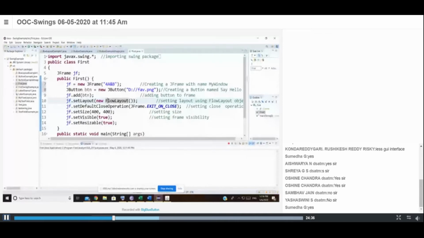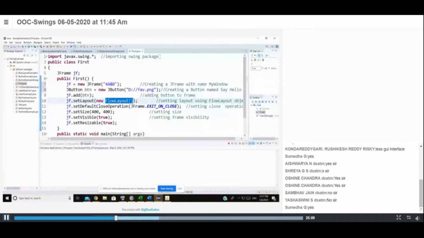Now I will go with flow layout. With flow layout you can add either left aligned, right aligned, or center aligned. That example also I will show you. If I go with flow layout, what options do I have? Just think about flow layout. You are not specifying exactly in which location your button should be shown. I'm not specifying any location here. So if you don't want to specify any location, then you go with any one of the layout formats.